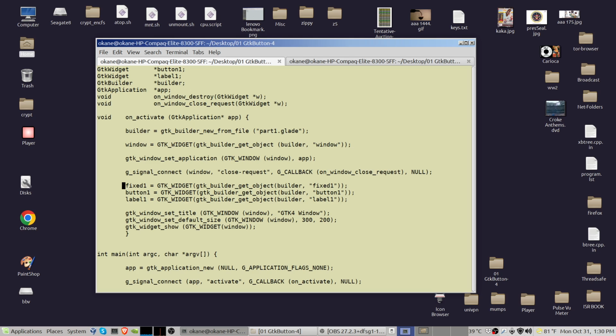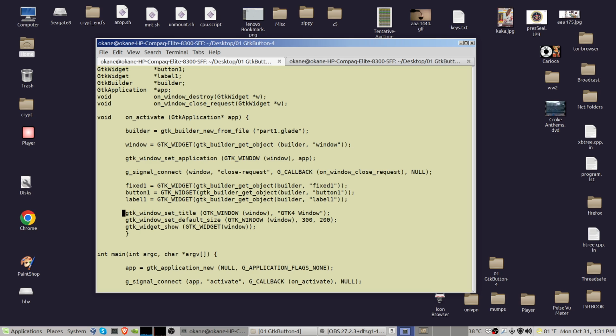All right, now we've got the various entities that took care of the window. Fixed one, this is the same as before. I cast everything down to widgets, as you've seen before, as the button, and I get it out, and those are the names over here on the right side. These are the names of the widgets in the Glade file or in the XML file. They don't have to be the same as the names of the pointers. The pointers can be a different name, but it seems easier to keep them the same. So it's pulling them out based on the names you used in the XML file,